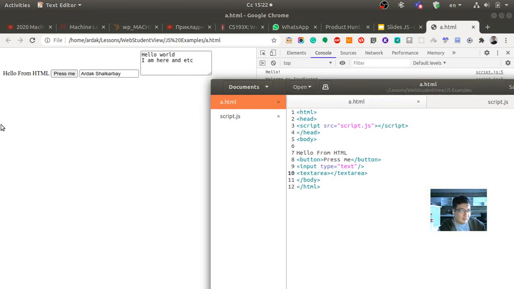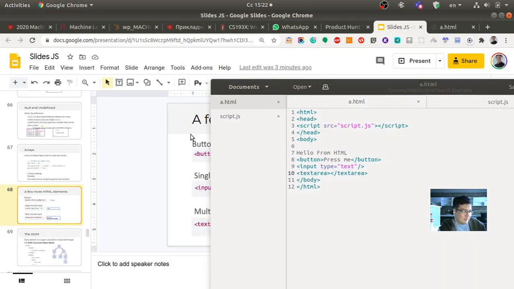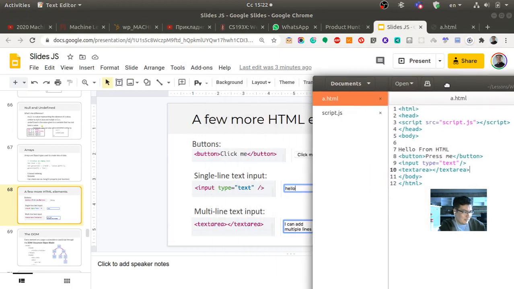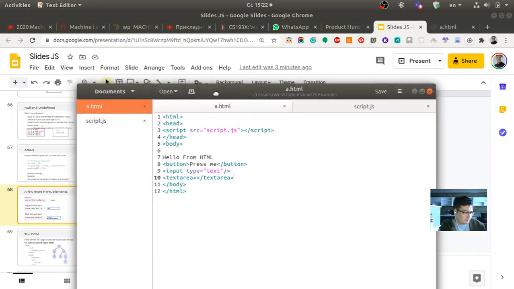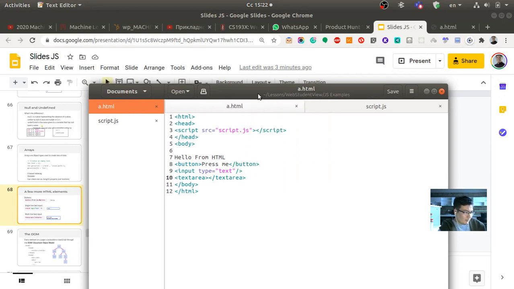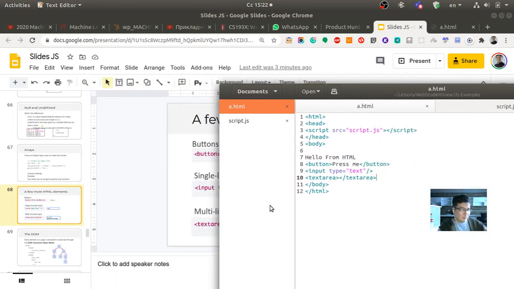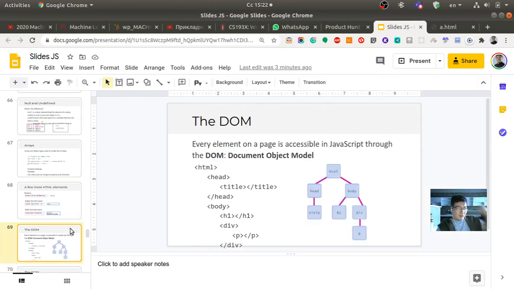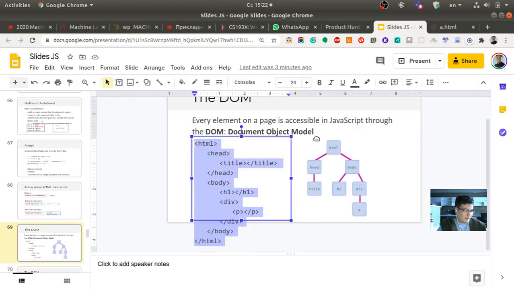So these are the elements. Actually, there are many other different elements. How to use them we can also see. I will show it later. Now this part is about